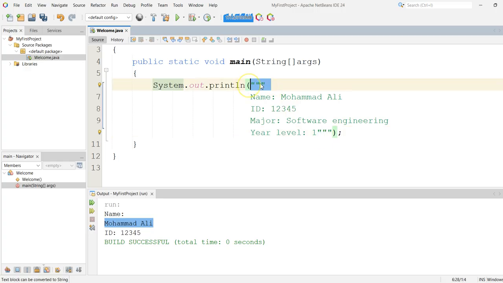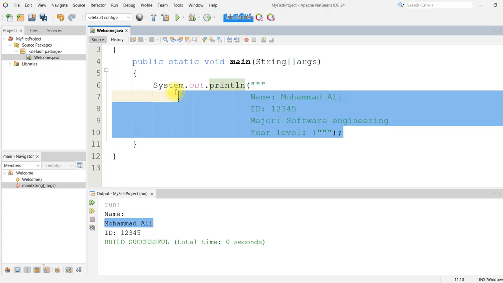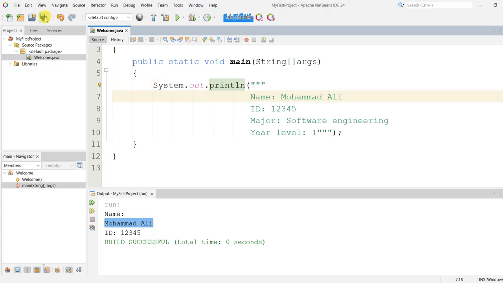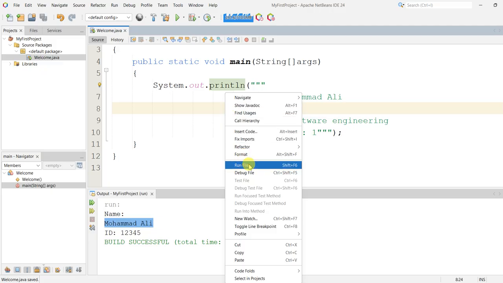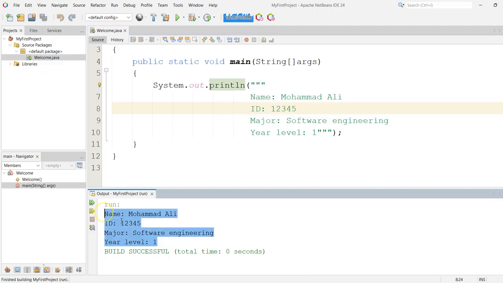This is a total of 3 double quotation marks for the beginning and 3 double quotation marks at the end. By doing it like this, when we run it, let's first save it, then we run. You will see now that I was able to display multiple text in different lines without using multiple System.out.println